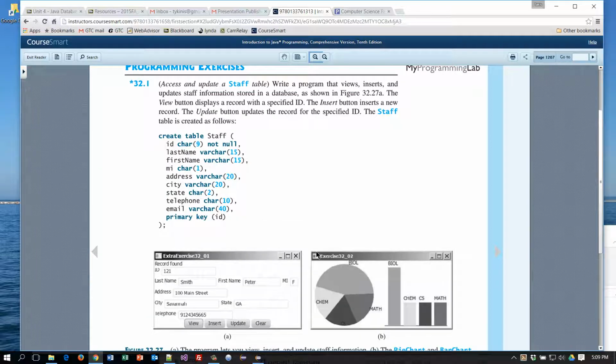So we need an interface that looks similar to this. And this particular interface can really kind of be broken down into a few different areas. Certainly we're going to need all the standard things like a stage and a scene, and then we're going to need a few different areas to declare. So one will be an area where we're going to place our buttons. Notice up here at the top they have a little snippet of text, and we're going to put that in its own little area. And then we have the center part of the screen that has all the text fields, and notice how they're arranged in rows with labels in front of them. So with that goal in mind,